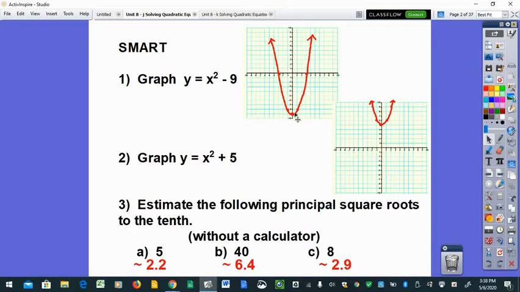So when you graph this, you should have got your vertex to be 0, -9. That -9 is where the parabola is going to hit the y-axis. Happens to be also the vertex because there is no bx term, as we talked about in our last video. It opens up because the a is positive, in this case +1. You could have found that vertex of 0, -9 by doing the negative b over 2a, but in this